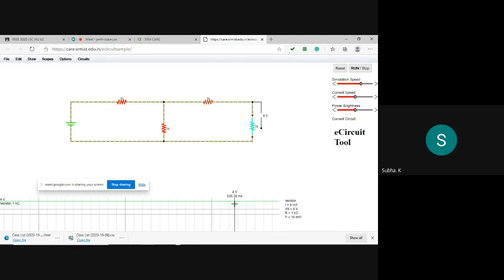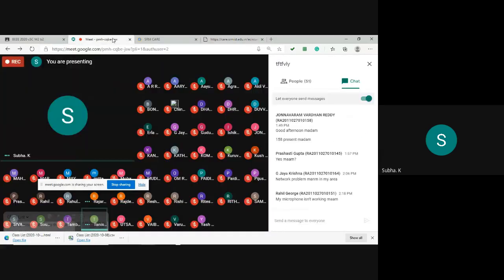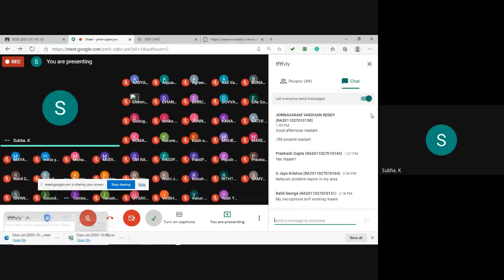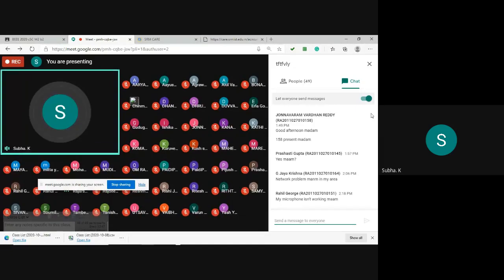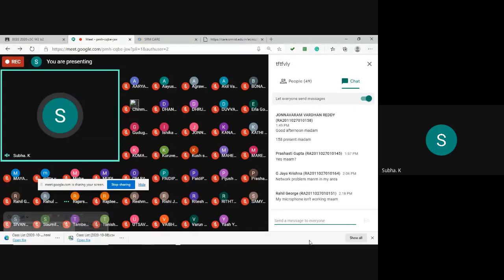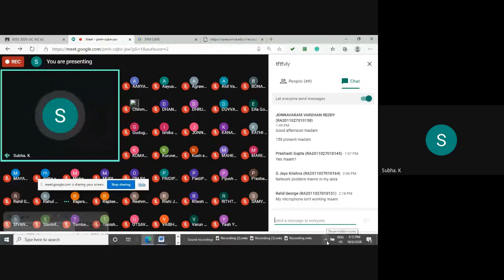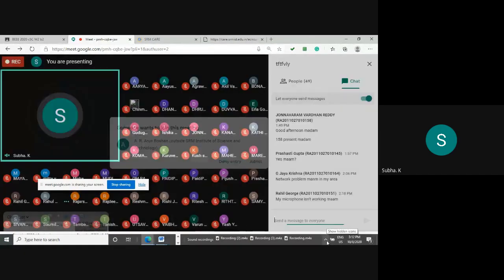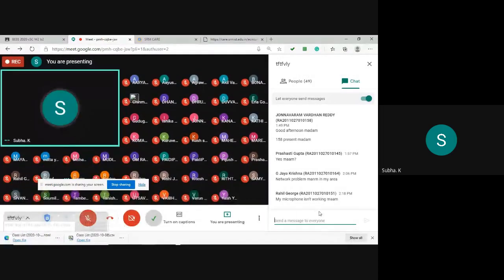Okay, so far you understood or not? These are the things that you have to do in all these 3 theorems. Understood or not, ma'am? Others, in case you are having any doubt, you ask me. After that, we will close the lab class. There is a formula for finding out P max. I think it's V Thevenin square divided by 4 RL or something. That I will tell in the next class.